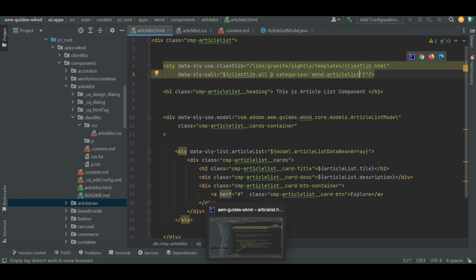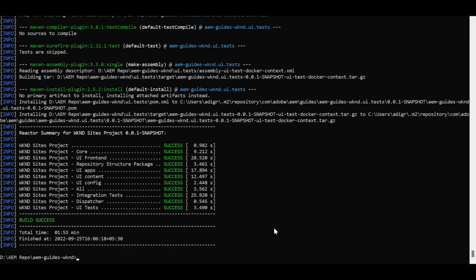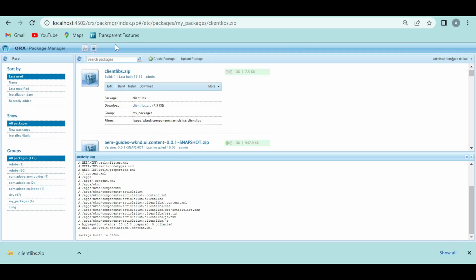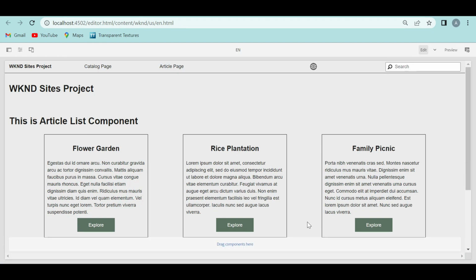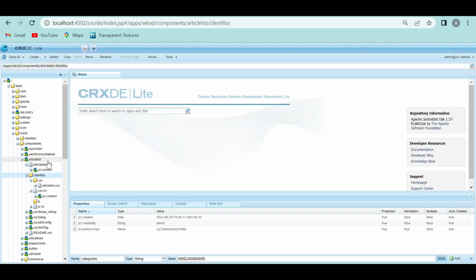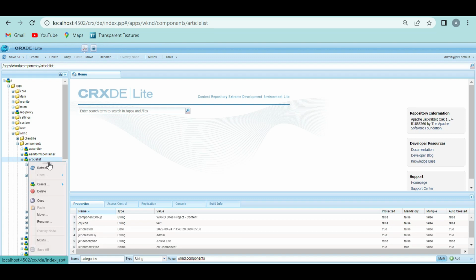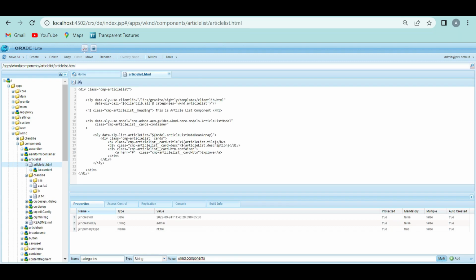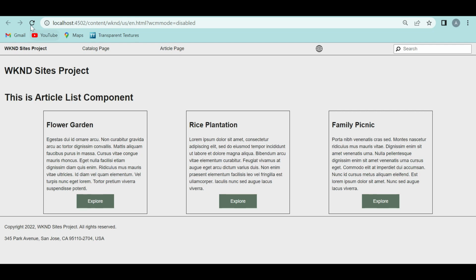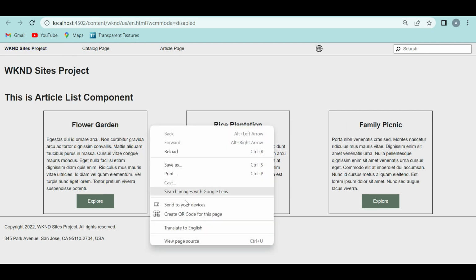So if we compile till here, then my code should work as usual. Let's see. Okay, so the compilation is done now. Let me go and refresh the page and see how it works. Yeah, so the page is working as usual, which means that all my clientlibs I moved into the clientlibs folder are still working. If I refresh this component and see, my clientlibs is still there. If I go into this HTML, here I don't have any styles. Now if I refresh this page and inspect it,